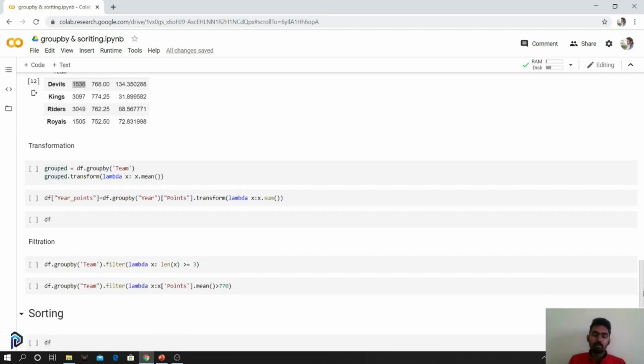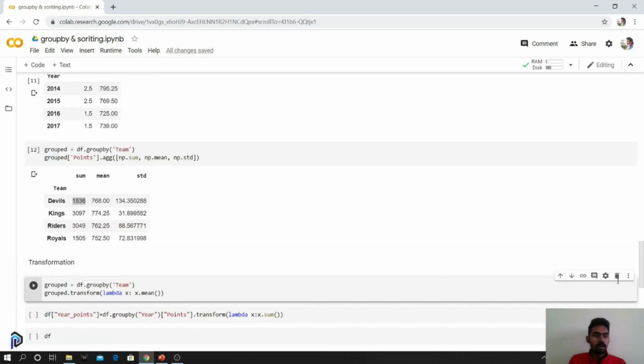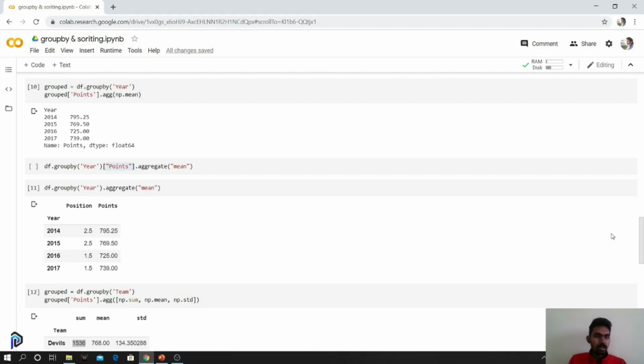We can also transform the data. So we can transform data from one format to another. Similarly, we are grouping using teams. What I'm doing over here is, for every value of x, I'm getting the mean of it. All these three columns, position, points, and year, are numeric values.